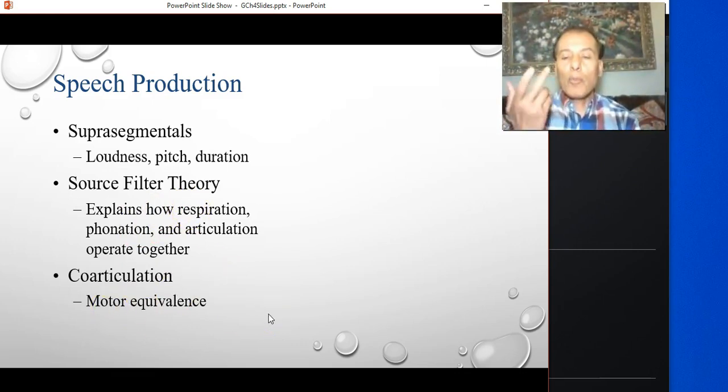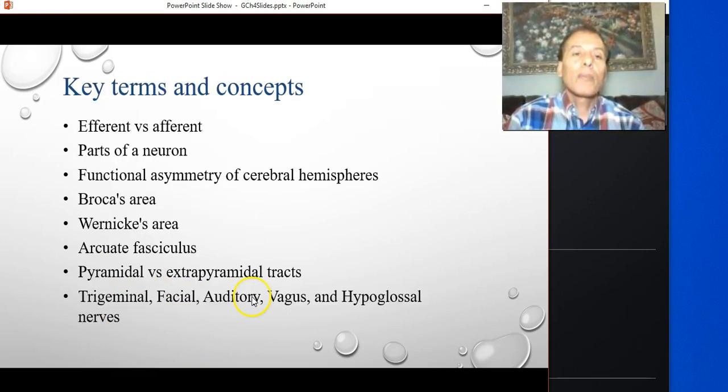Co-articulation is the process of producing 2 or more sounds at the same time, basically. Two sounds at the same time. For example, when you say key, you are getting ready to say E, but at the same time, you are making the K, and you are giving it the characteristics of the E by retracting your lips. So it requires a lot of motor coordination, co-articulation.